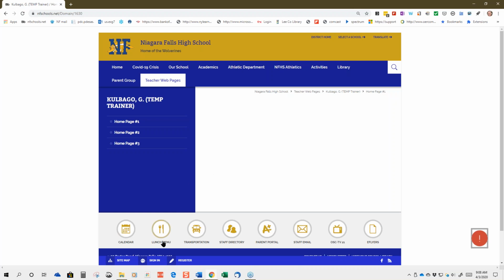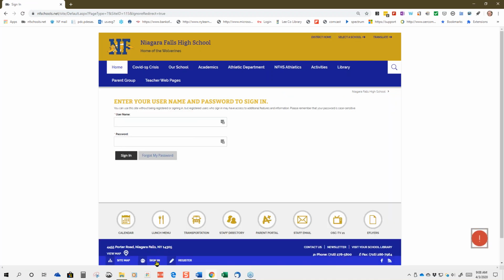Down in the bottom left, right there, it says sign in. Okay? All right. If you click on that, you will get to the user sign in page. Now we have to talk about 2 things. Some of you don't have a username and password. Okay. Those of you who did not get an email,